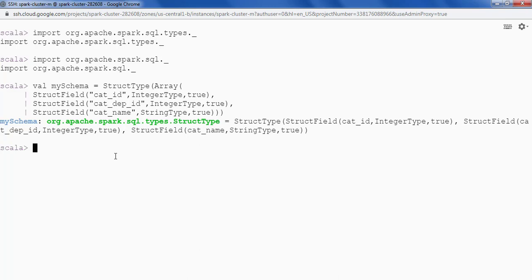Now let's read the CSV again, but this time passing this schema. So category df is equal to spark dot read dot option, because we have a header in the data, so I'm going to say header true, then dot schema, and I'll be passing the schema that I have created above, then dot csv.